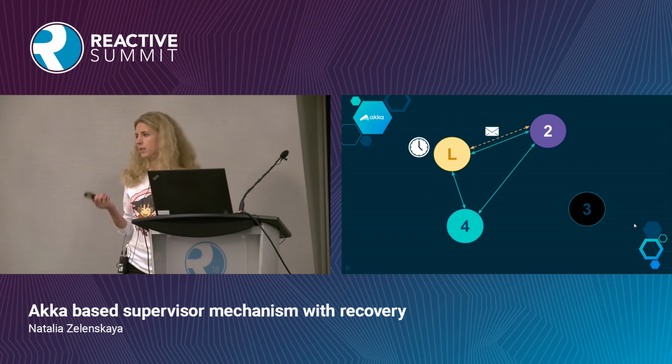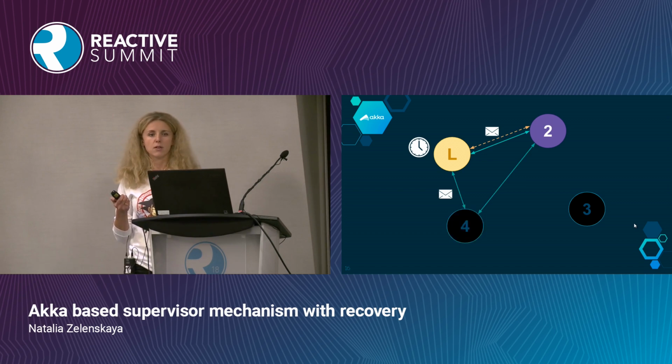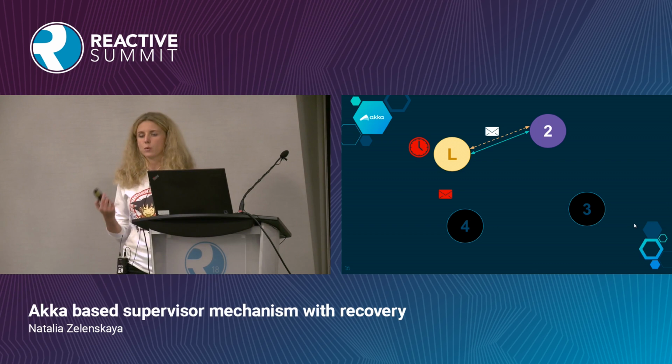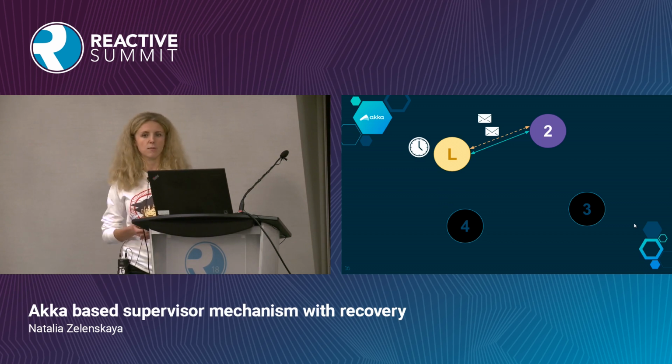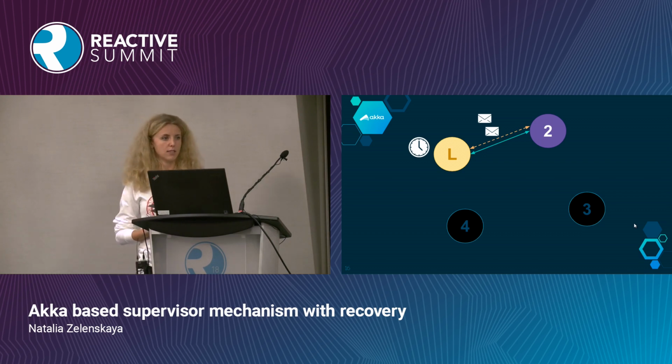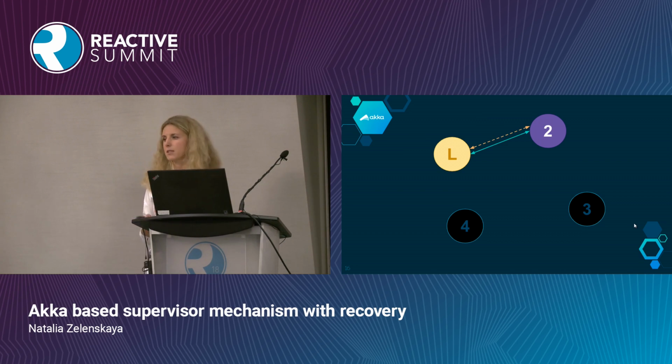Meanwhile, node number 4 receives its portion of work, but it fails. So the leader didn't receive a success message from node number 4. Eventually, our recovery timer will fire an event that we didn't get all acknowledgements from node number 2 and node number 4, and there's something weird going on. So the leader will reinitiate the recovery process for the failed node number 3. It's going to reset the timer, get again, based on recovery points, which tasks have not been restored, do its work, get the acknowledgement from all nodes, and only then will it cancel the recovery timer. And it will consider that node number 3 has been successfully restored.